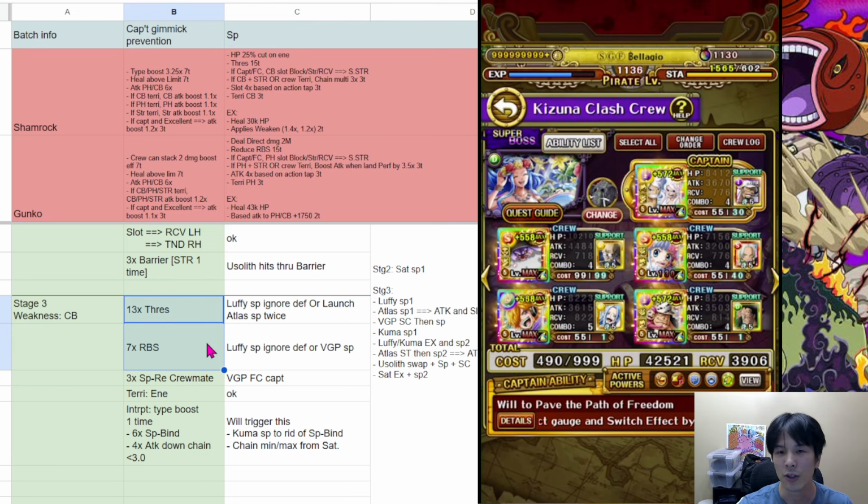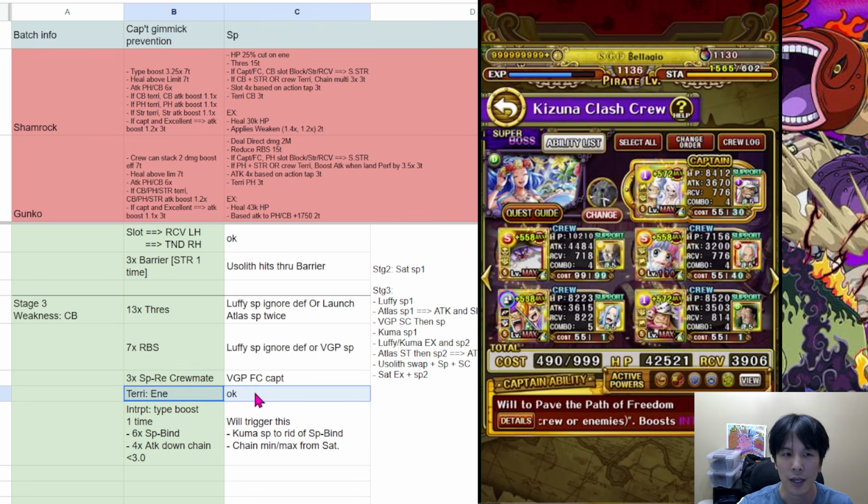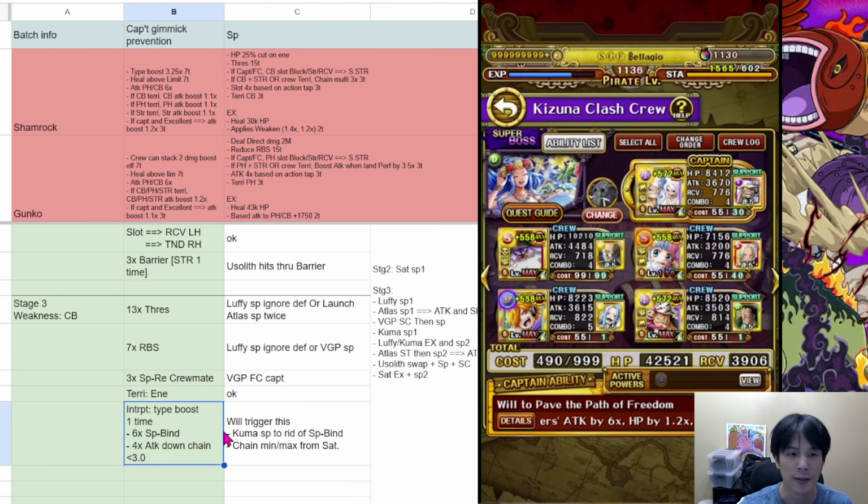These 2 gimmicks are going to be cancelled by Atlas if you launch it twice, and then Dr. Vegapunk Special is going to remove those. So we don't have to worry about it. And then this also we don't need to worry about. And then territory enemy will be removed. We are going to put a lot of territories on our field. And then yeah, we're going to trigger this interruption because